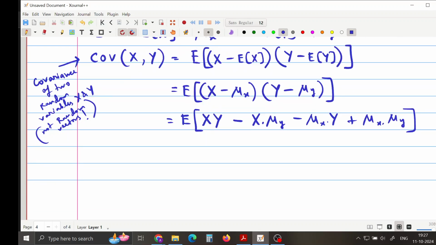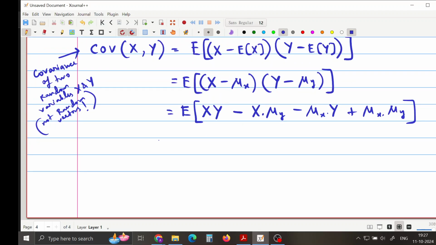Okay, and now using linearity of expectation, I can write this as expectation of xy